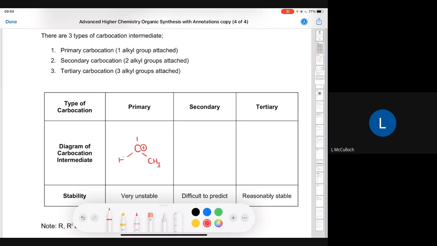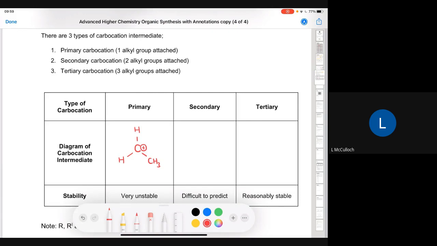Now, I am only drawing 3 bonds around the carbon because when a carbon atom forms a carbocation, it loses a bond, essentially. So it loses a shared pair of electrons. So it loses an electron it was sharing with another atom, and it loses its own electron as well, which is why we get the positive charge on the carbon, because it's missing an electron. So it's going to have a positive charge, and it's also missing a bond, which is why we're only putting